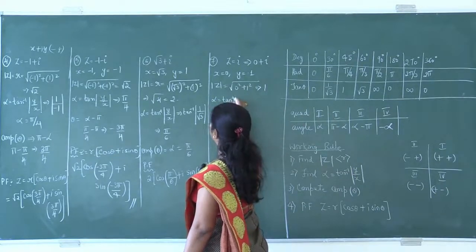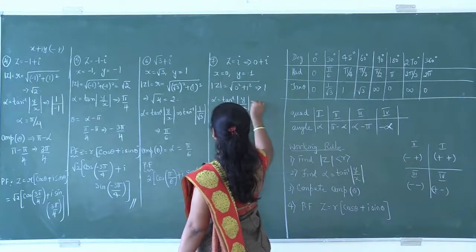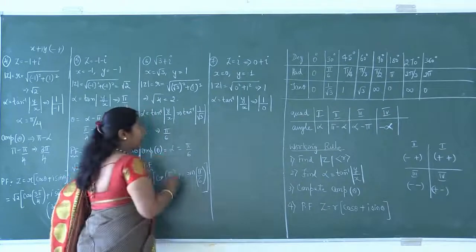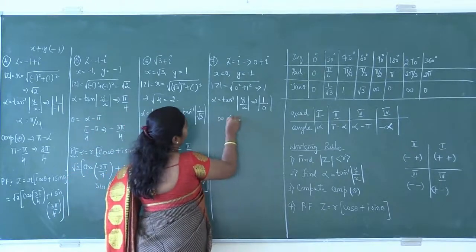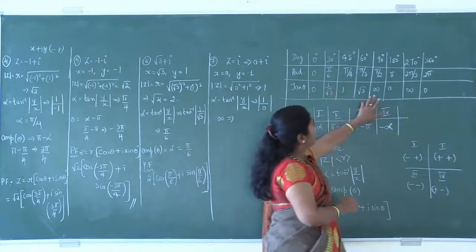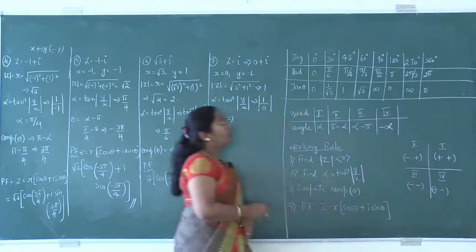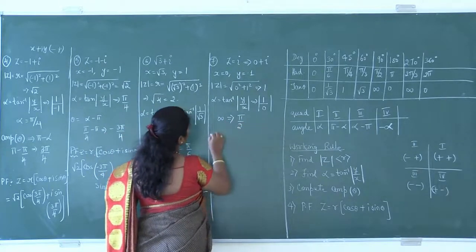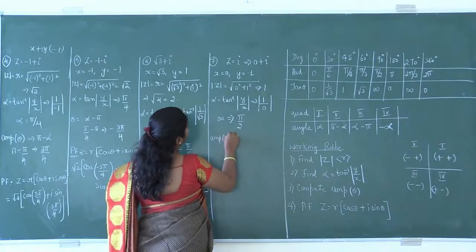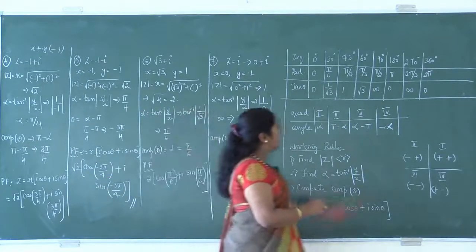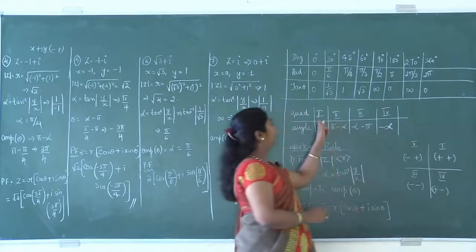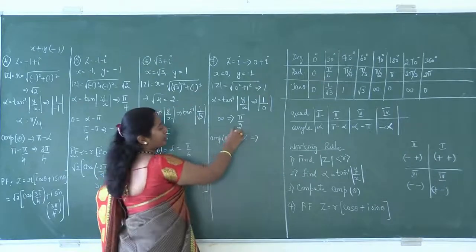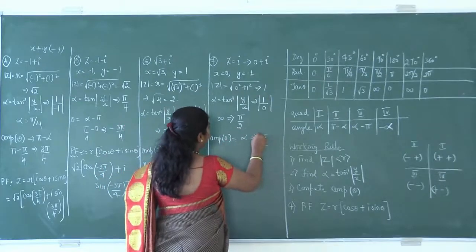Next, how do you find alpha? Alpha is equal to tan inverse modulus of y by x. What is y? 1. What is x? 0. Any number by 0 is nothing but infinity. For what value of tan do we have infinity? That is nothing but pi by 2. So pi by 2 is nothing but 90 degrees. So the value of alpha is pi by 2. Similarly, amplitude theta. If both are positive, in which quadrant does it lie? First quadrant. So what is the value of theta in the first quadrant? That is nothing but alpha. But what is the value of alpha we got here? That is nothing but pi by 2.